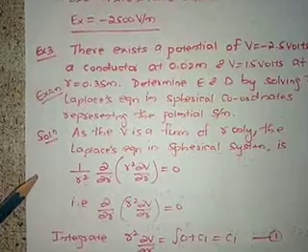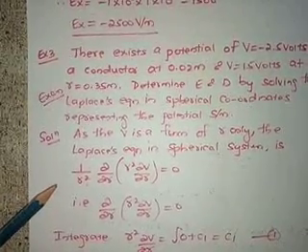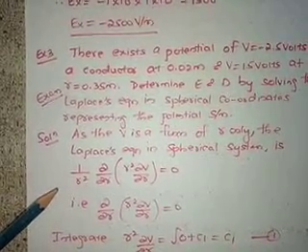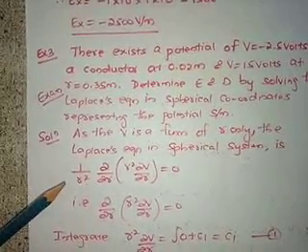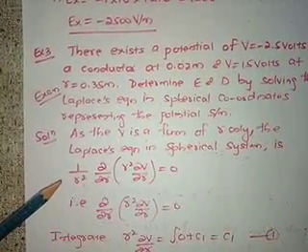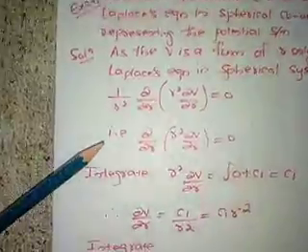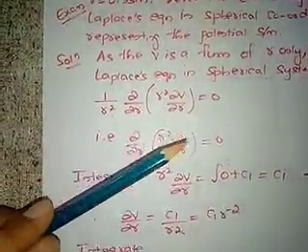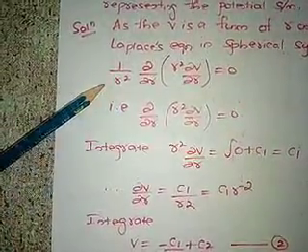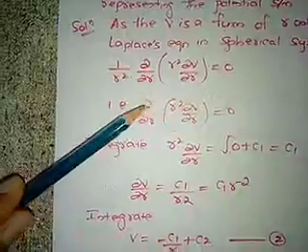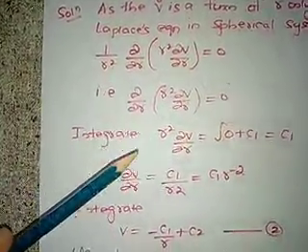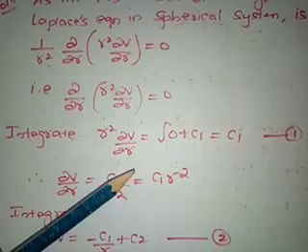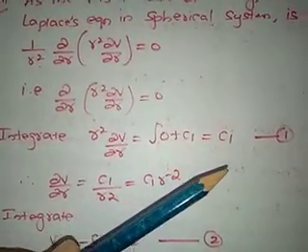Yesterday we solved 2-3 examples on the spherical coordinate system while calculating capacitance for the sphere, right? So there we considered that V is a function of r only. So 1 upon r square dou by dou r of r square dou V by dou r is equal to 0. So r cannot be 0, so this term has to be 0. Dou by dou r of r square dou V by dou r equal to 0. If we integrate this, then we get r square dou V by dou r is equal to the integration of 0 plus C1, that will be C1.